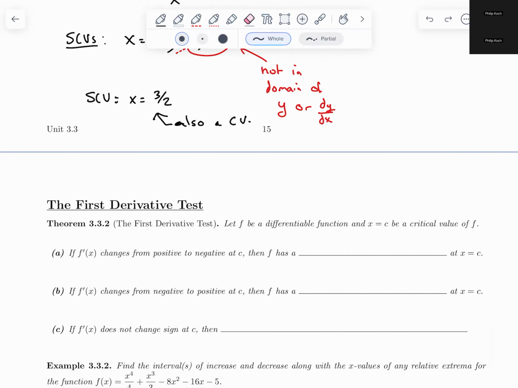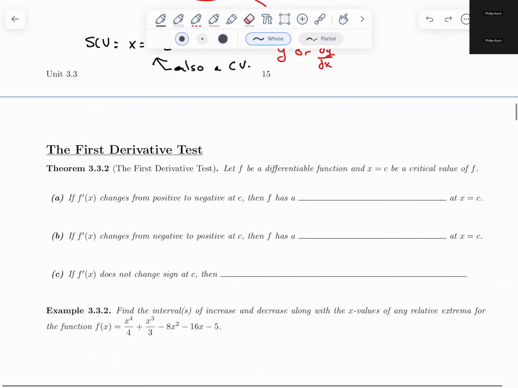So the first derivative test says let f be a differentiable function and x equals c be a critical value of f. It didn't say semi-critical value because this is going to talk about relative extrema. In order for your original function to have a relative extrema, it needs to be a critical value. Semi-critical values that aren't critical values, your function doesn't exist there, and that's a problem. So